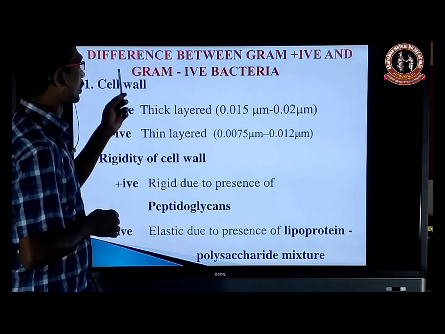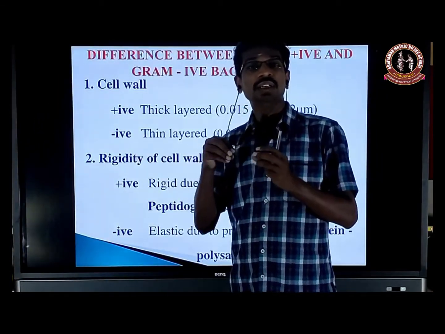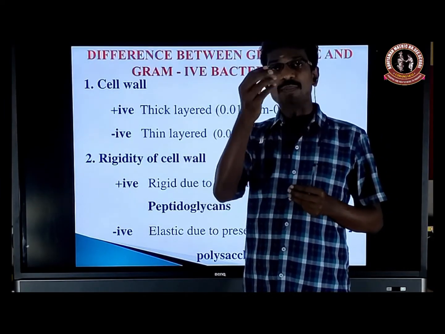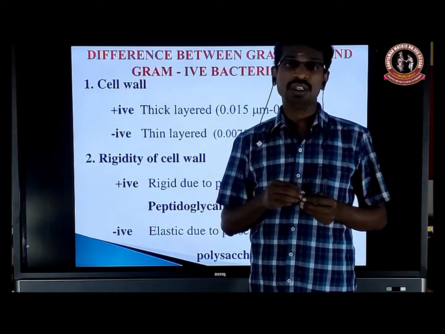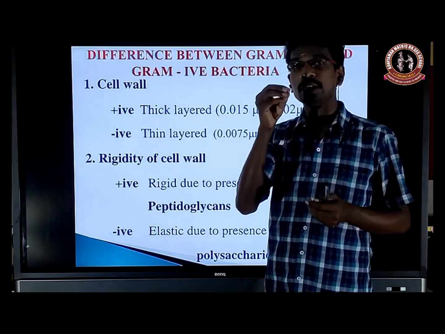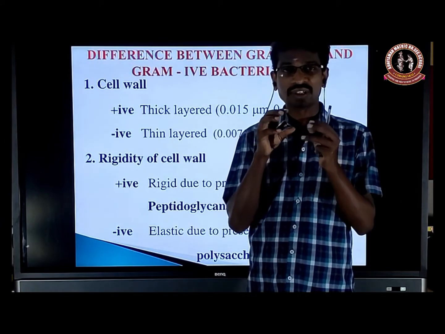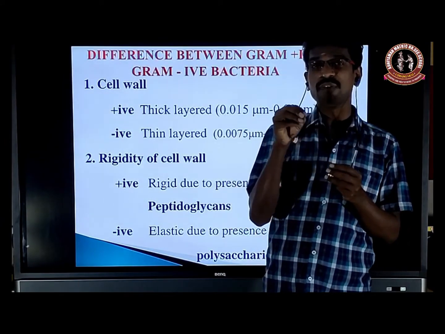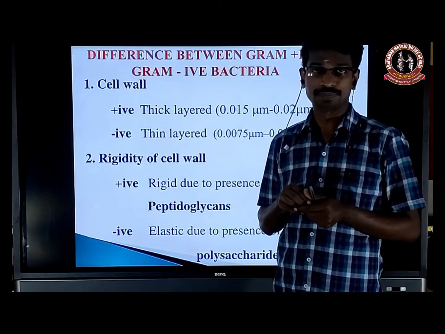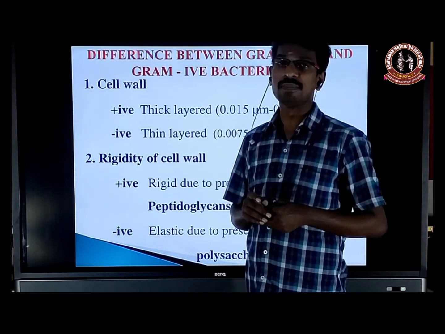Okay. So now we are going to the difference between gram positive and gram negative bacteria. Previously we saw some differences: the presence of a very thick cell wall versus a very thin cell wall. Periplasmic space is present only in gram negative and absent in gram positive. Teichoic acid and lipoteichoic acid are present only in gram positive and absent in gram negative. Like that we can discuss a few differences between gram positive and gram negative bacteria.